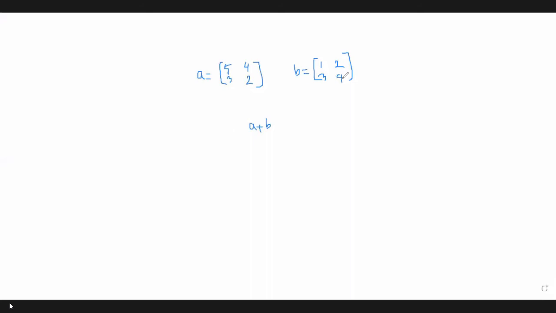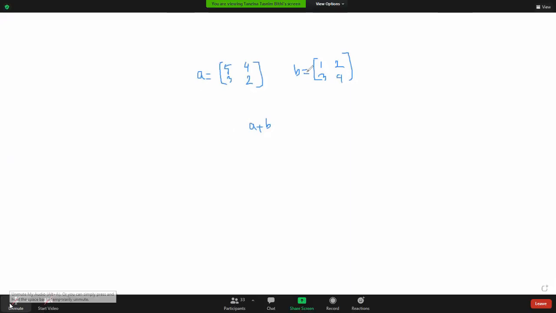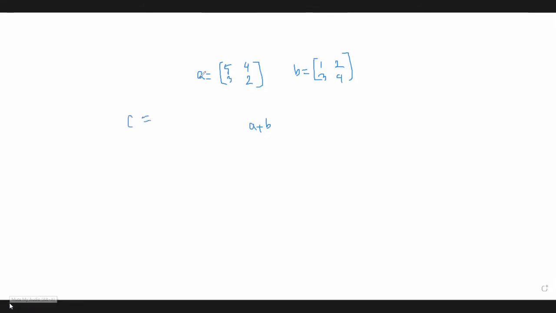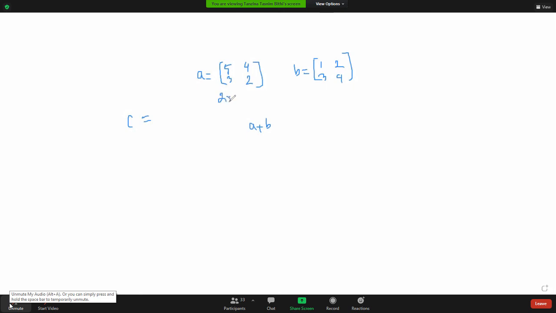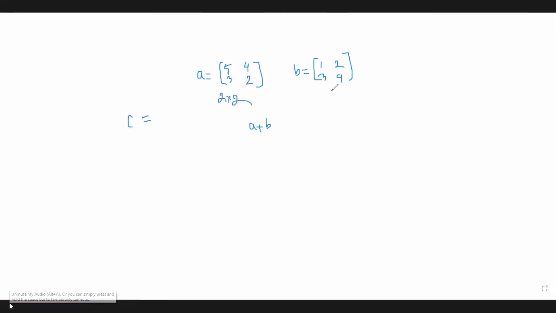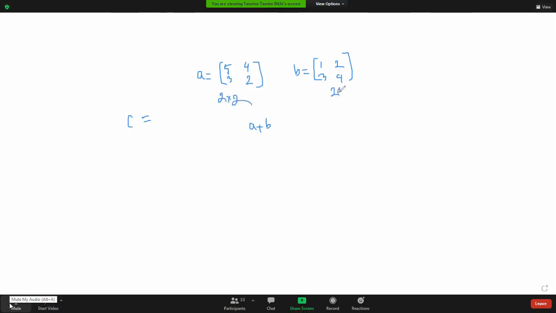After adding these two matrices, now we need another variable for storing the result, and that array size will also be 2 by 2. So here this matrix A is actually a 2 into 2 matrix. This is also a 2 into 2 matrix, and each of these arrays has how many elements?